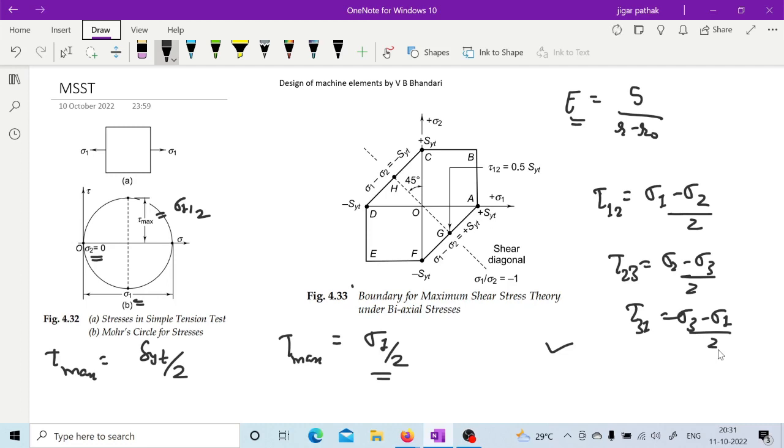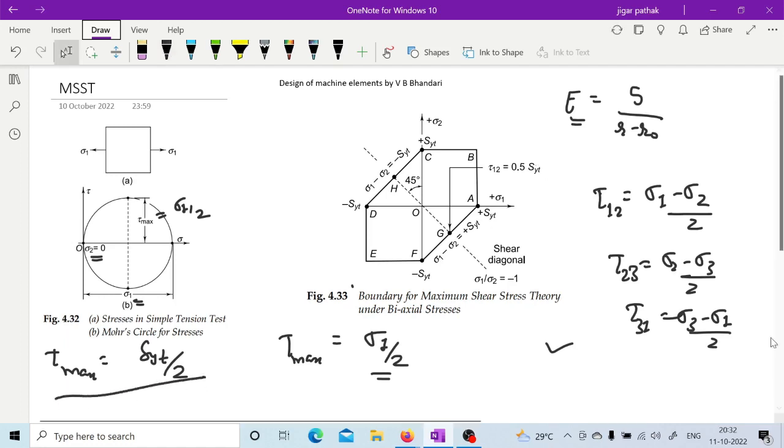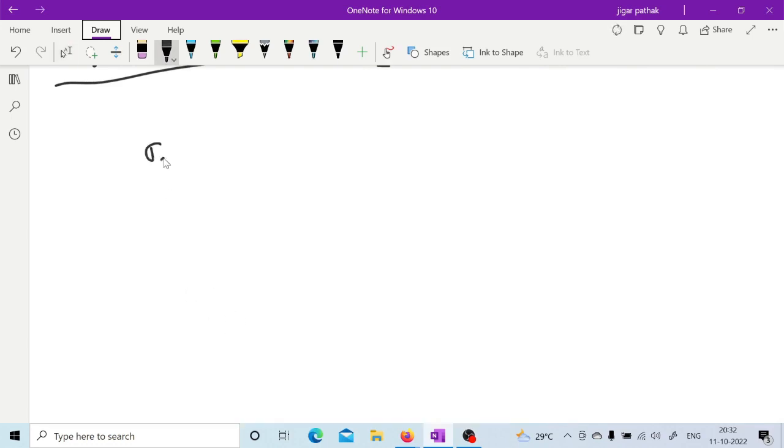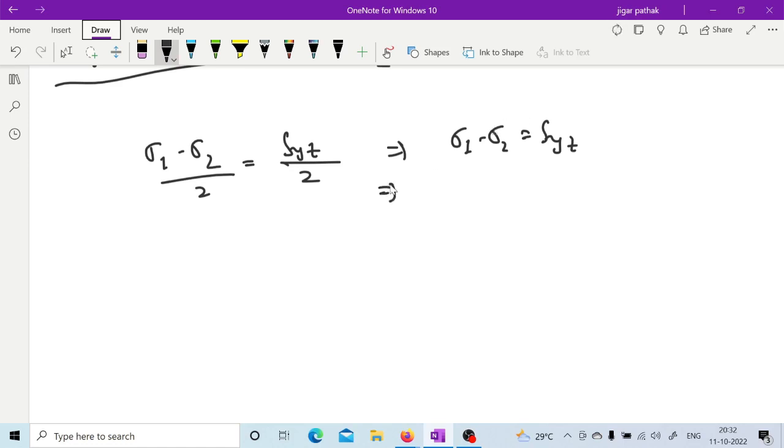Now, in our case, what we have seen is that tau max is coming as SYT by 2, right? So if we write what we have written just now, (sigma 1 minus sigma 2) by 2 into this SYT by 2, right? So this gives sigma 1 minus sigma 2 is equal to SYT. You can use factor of safety also if you require, but we can write like this for all the three